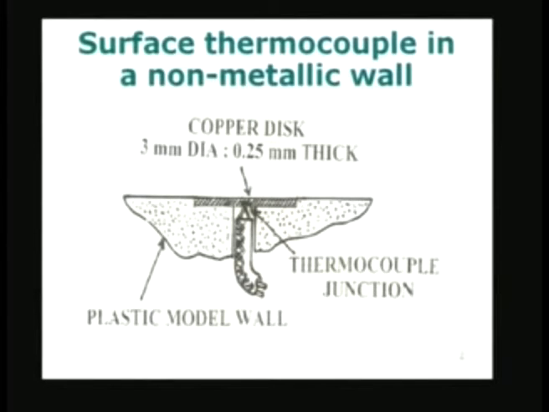So, what I am trying to do is, instead of measuring the temperature of the plastic model wall, I have just introduced a button which is going to be the object whose temperature I am going to measure. And I have an embedded thermocouple which is introduced from the bottom, as you can see here. So, I have the thermocouple coming here, and inside this copper disc I can make a small hole and embed the thermocouple junction inside the hole, and the thermocouple is taken out from the bottom, and the junction is somewhere within the copper disc.